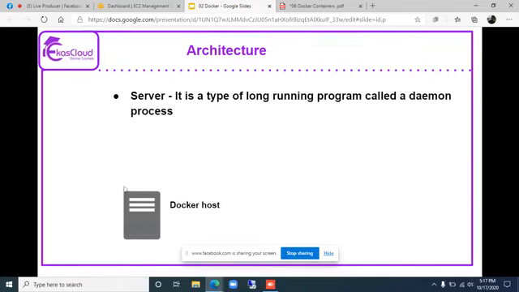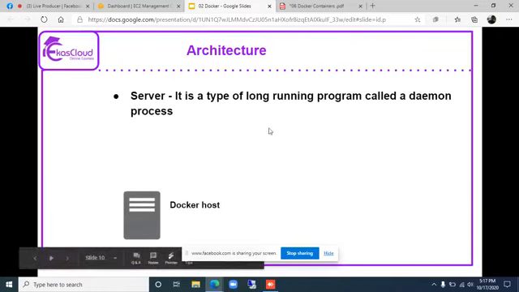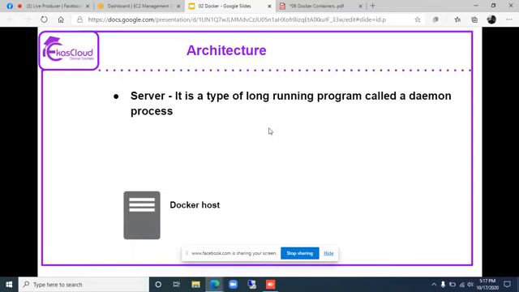The device where we are installing Docker is called Docker host. The Docker host will run a continuous long running program that we will be calling a server or a service. And client. Client is a device which uses the command line interface and manages the Docker host.